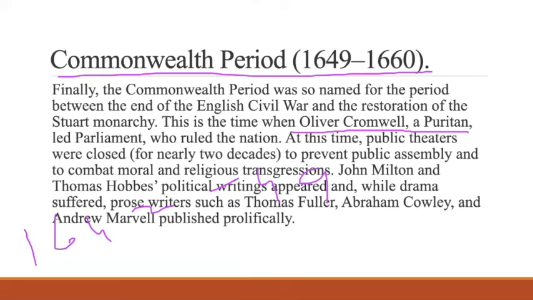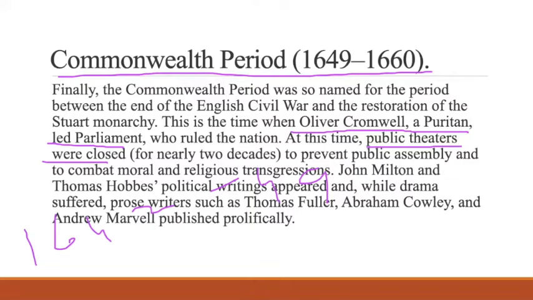So it was actually a Puritan-led Parliament which was ruling the nation at that time. Now, the important part was that public theatres were closed during this period. So you will keep in mind this Commonwealth period. Public theatres were closed for almost 2 decades, and there was a lot of